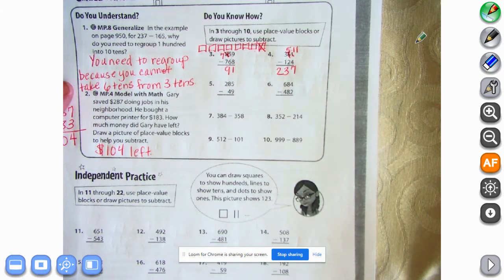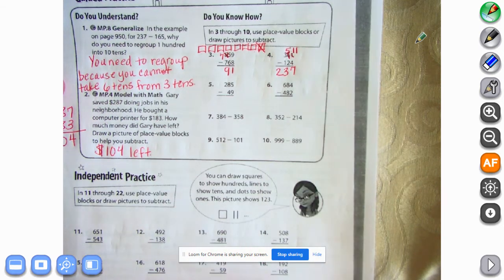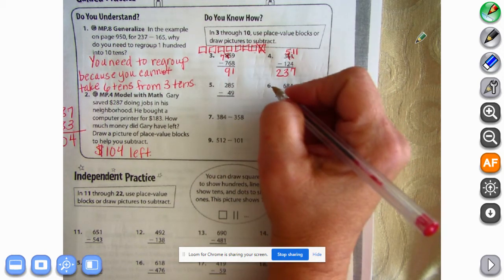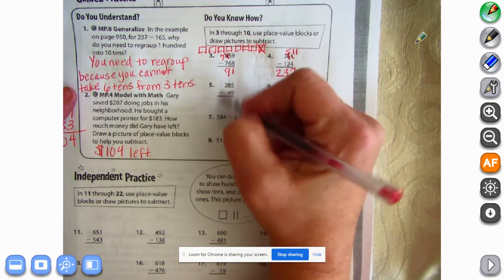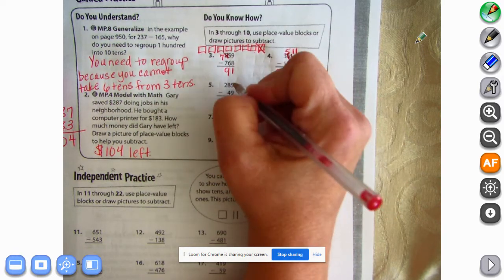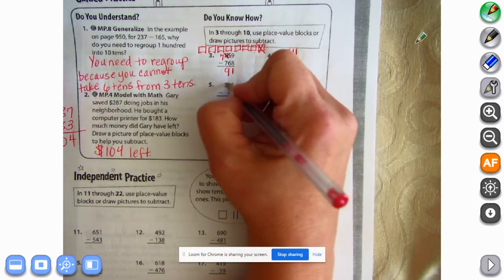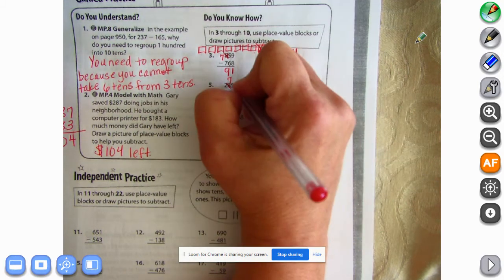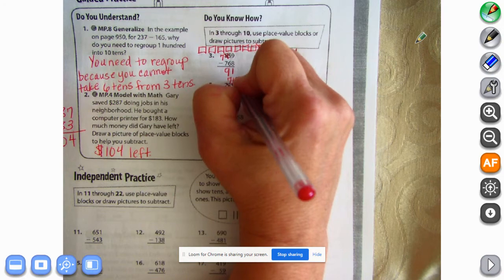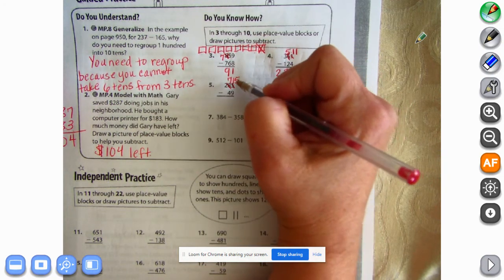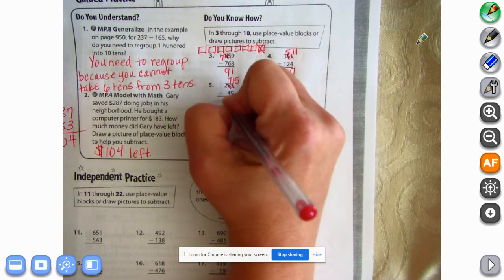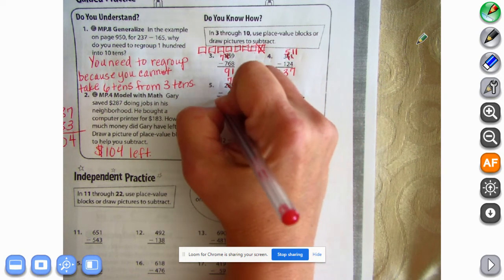Okay, number 5, 285 minus 49. I'm looking here and we have a lot of practice. It's going to have us do a lot of practice so that we get used to regrouping within a problem like this. So I can't take 9 ones out of 5 ones, so I'm going to take a 10, just 1, leave the rest, 7, and that makes this regroup as a 15. So 15 take away 9 is 6, 7 take away 4 is 3, and 2 take away nothing is 2,